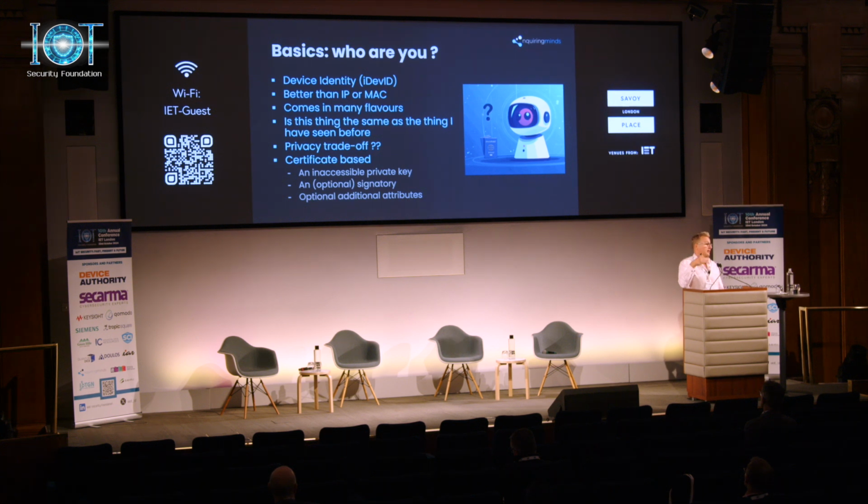And you really need some sort of certificate type technology to do it properly, because you need a hidden key that's not going to be made visible. But once you've got that, then you've got optional signatories which give you a sense of provenance and extra attributes you can add on. But this issue of device identity is pretty critical, because whether it's real, i.e. you pulled it from a certificate, or inferred, everything else daisy chains off this.